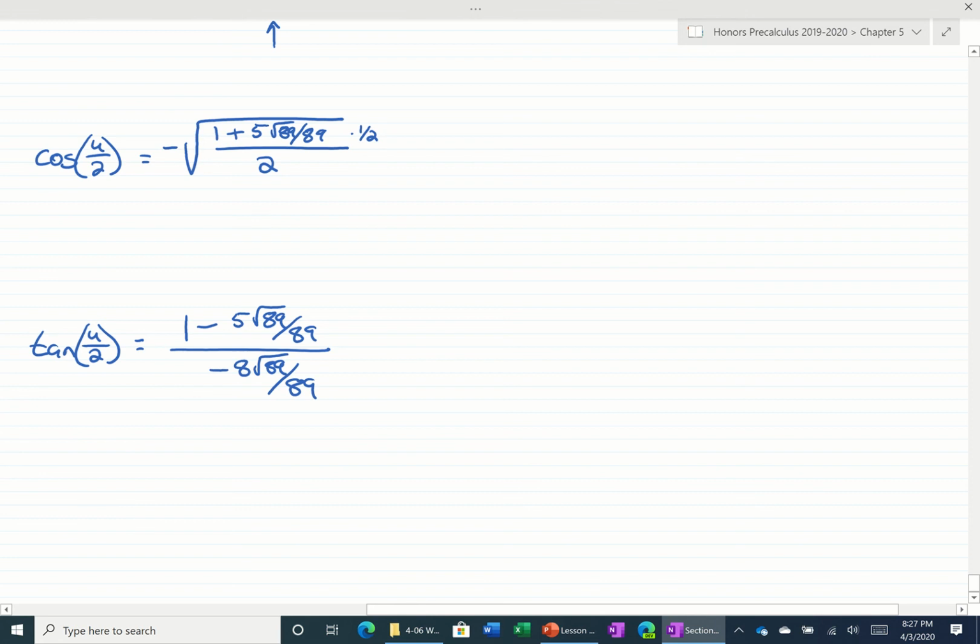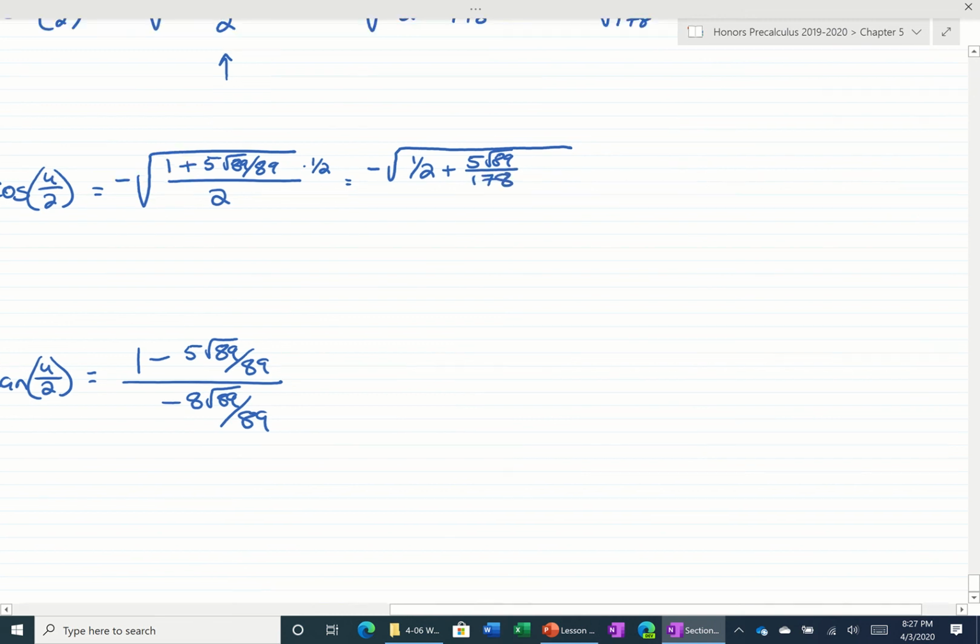I'll multiply the top by 1 over 2. So we would have a negative square root of 1/2 times 1 plus 5 root 89 over 89, which is divided by 178. We're going to be doing the same thing we just did. We'll have to multiply this by 89 over 89, which gives us negative square root of 89 plus 5 square root 89 over the square root of 178. And if we multiply the top and bottom by the square root of 178,